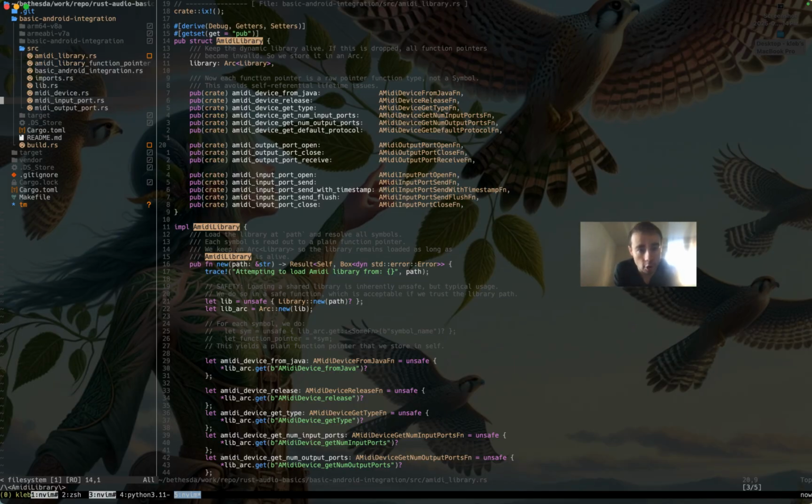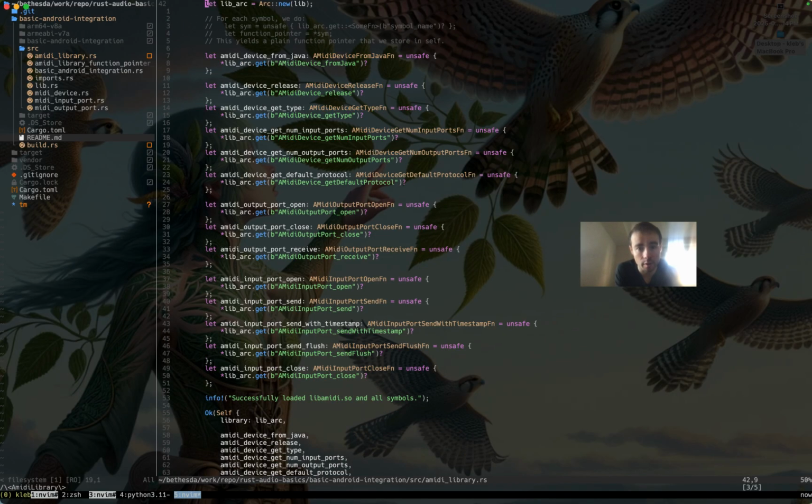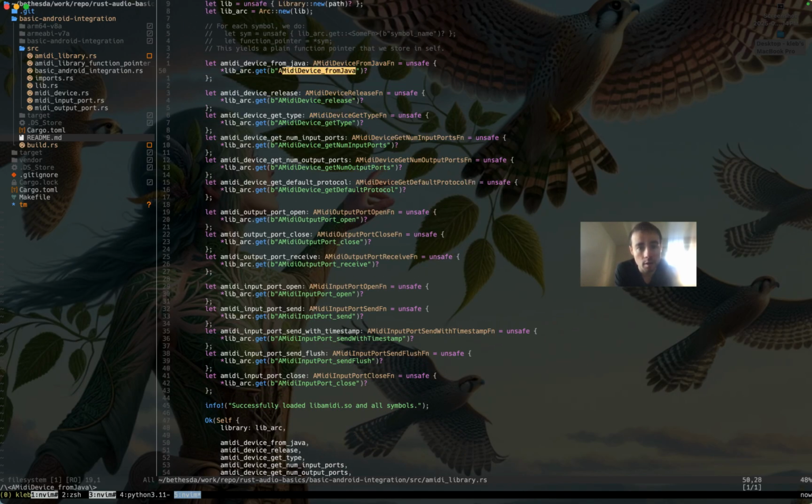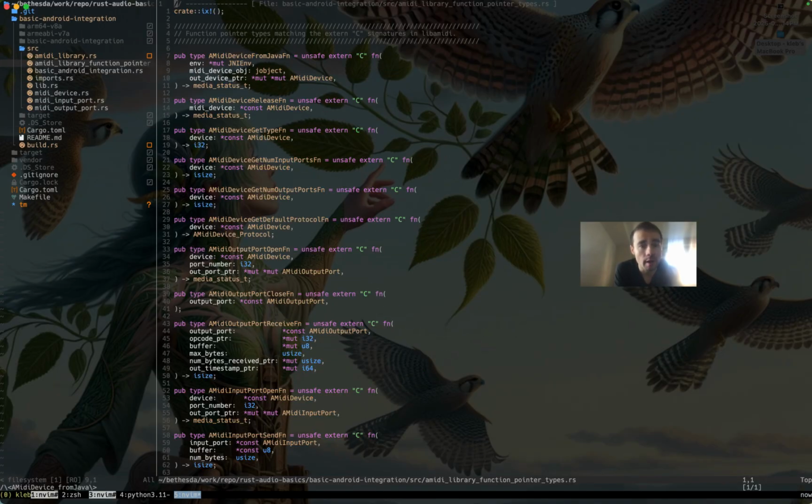So what we do here is we basically load the library using libloading. As far as I remember, this was working successfully in the example that we've been collaborating on. Here, you're giving the get call on the libloading library a byte string, which represents the symbol. What's happening is that you're using this symbol to access the function that the symbol leads to. And you're using these type defs